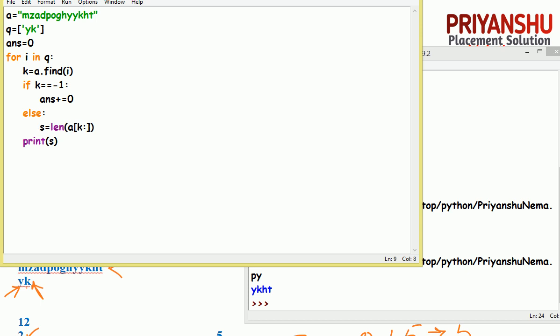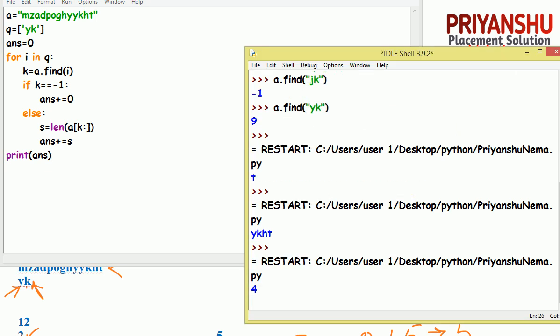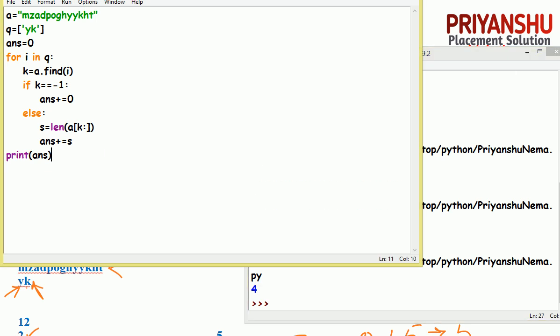It means these things. In place of print I use answer plus equal to s. Clear? Let's see the output. Print answer. First we see whether the output is right or not. So yes, 4 is there. Clear? 4 is there, it means the code is correct.